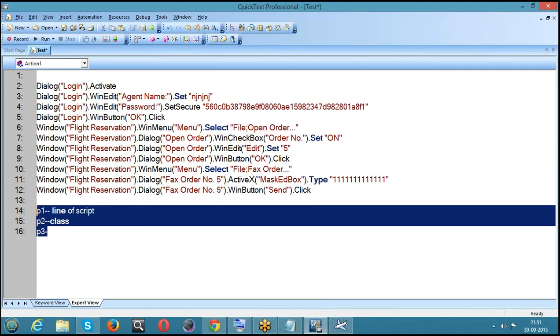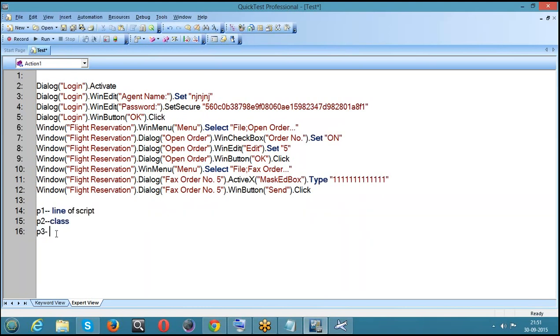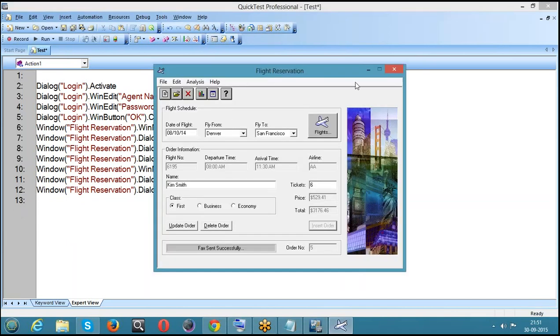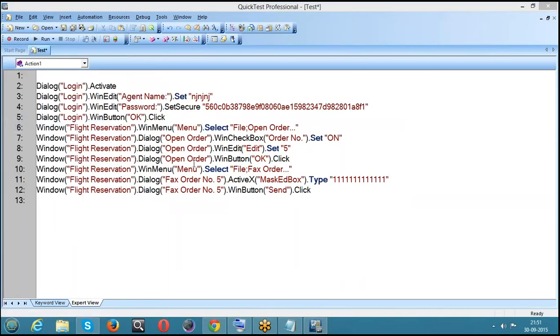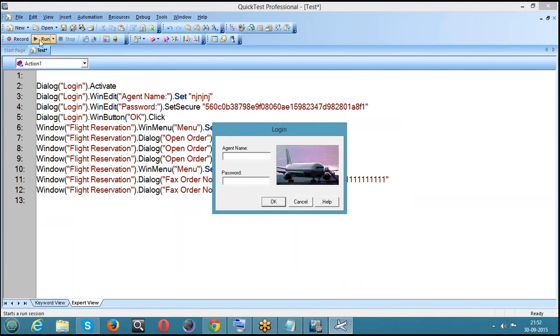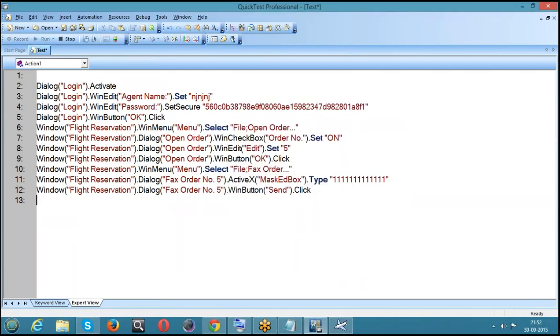See here. Let me run the test. The point three you need to remember is mouse clicks and keyboard operations working fine. Okay, so let me delete this. Let me run the test. It will perform the keyboard operations as well as mouse clicks perfectly. Keyboard operations in the sense the test data I am writing using the keyboard action.